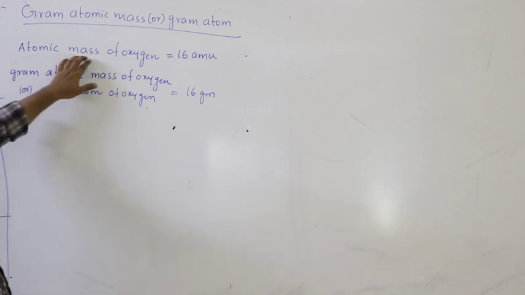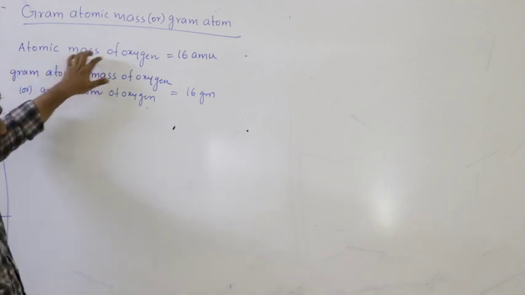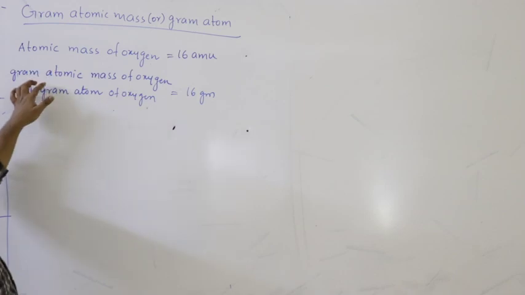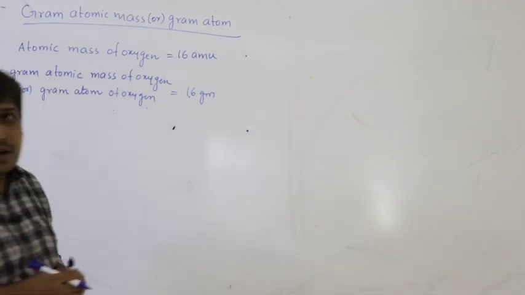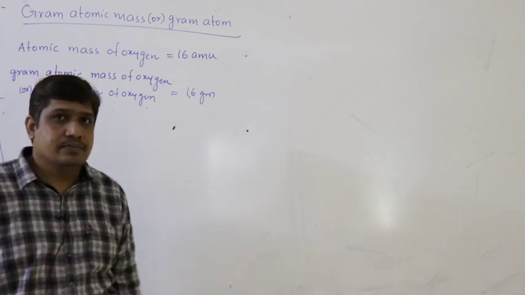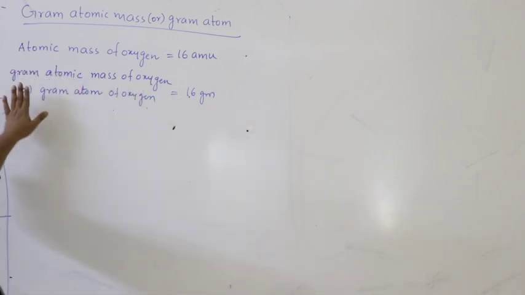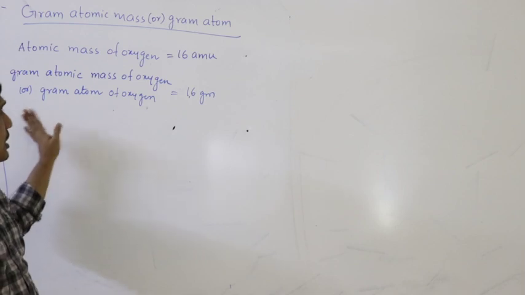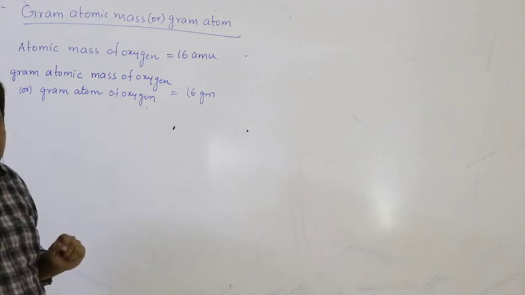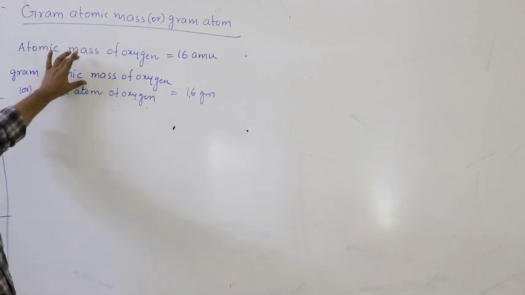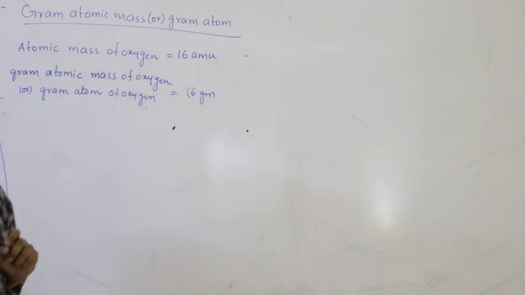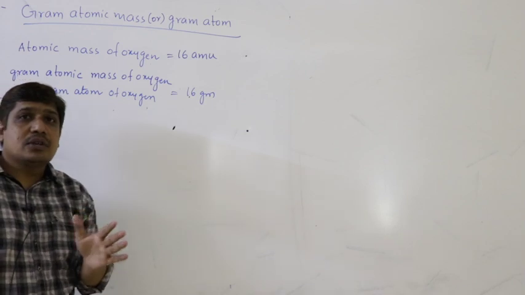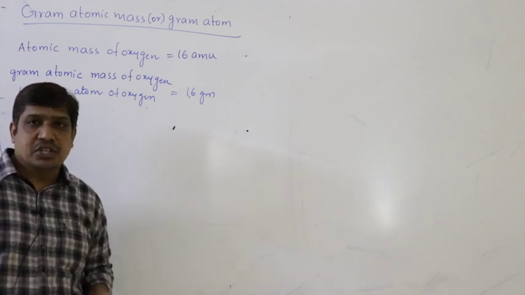When you express the numerical value of atomic mass of an element in grams, it becomes gram atomic mass. So, you have to just add grams at the end of the number, so that mass units are balanced. This value we call gram atomic mass or gram atom. So, both are same, but here it has the units grams to balance the mass units when you substitute in an equation.